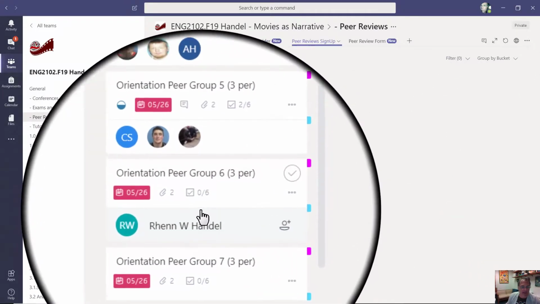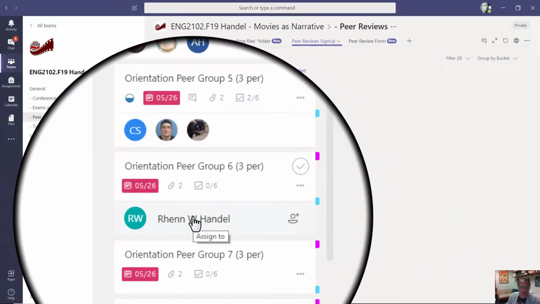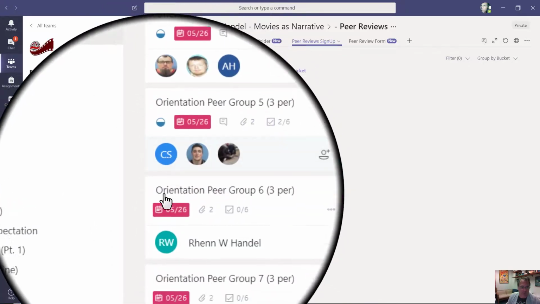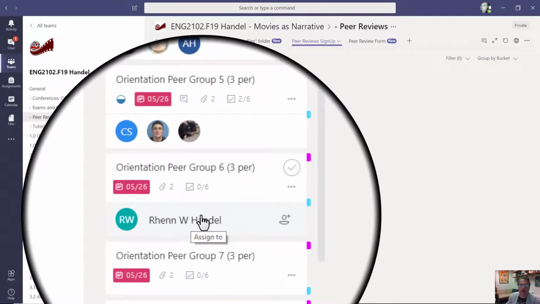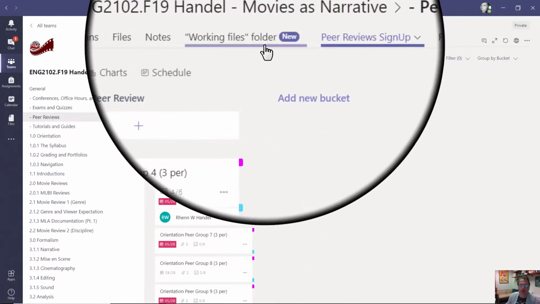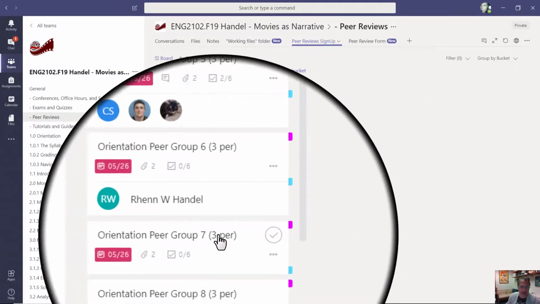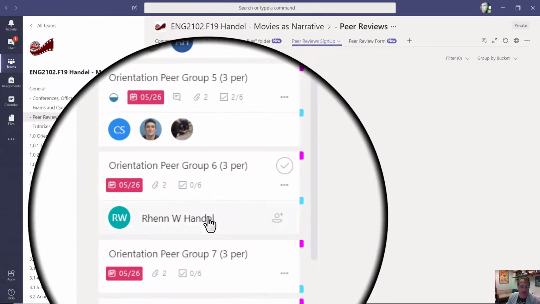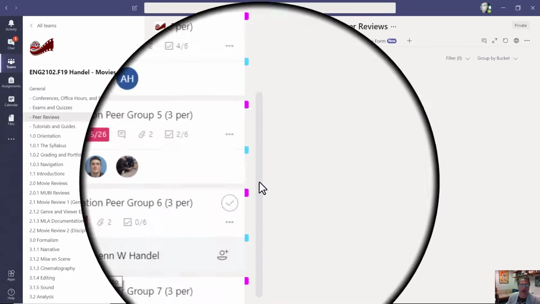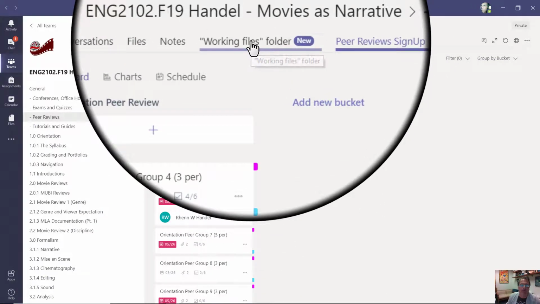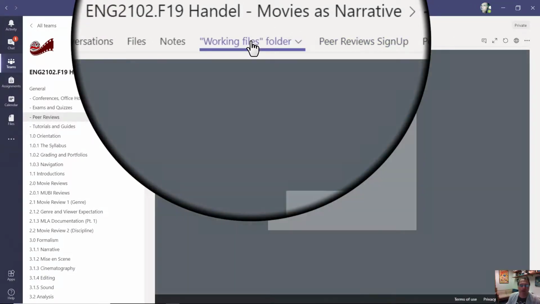Then you'll notice that that is how I'm in a group. Two other people add, I'll have a group of 3. That'll be a full group. Then the other 2 areas here would be where I would find that. So let's say I am a peer with Ren and I want to find his paper. I'll click on the working files folder here,